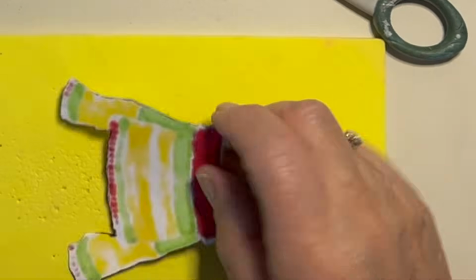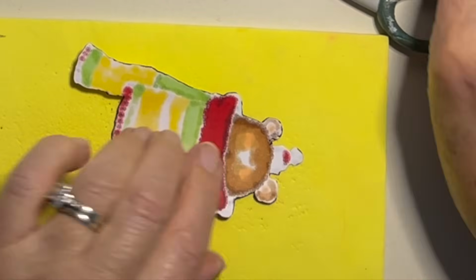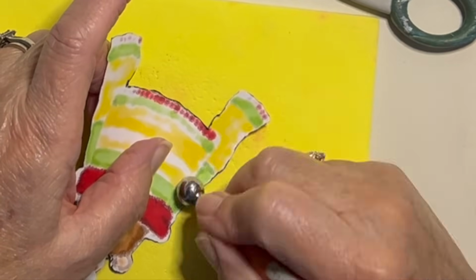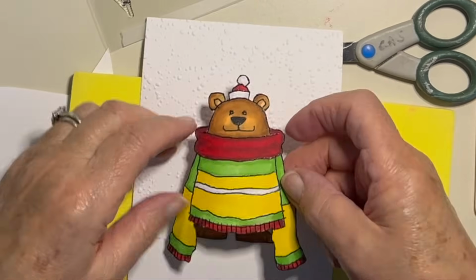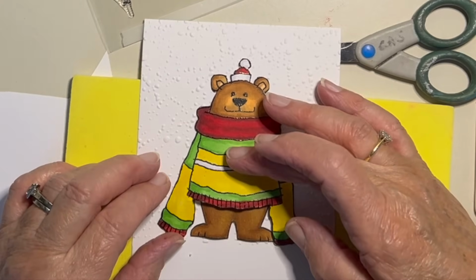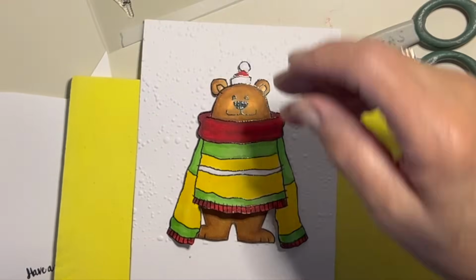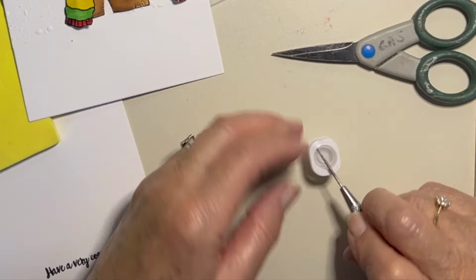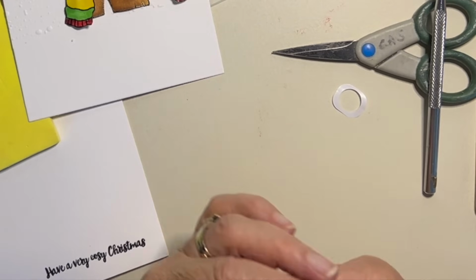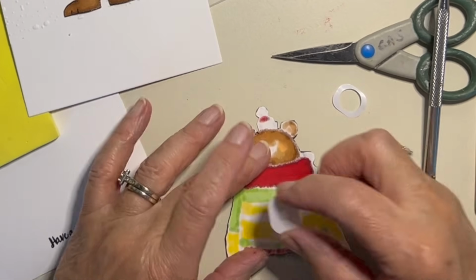Now he's going to have a wobbler. I will shape him a little bit first as well. And we'll come down his arm. There we go. I think the wobbler's going to have to go about there. Right. It's one thing getting them out the packet, it's another thing getting the backing off. Get this underneath here, that's right. Okay. Now, works best if you get it absolutely central. And the other thing I've discovered too is that,